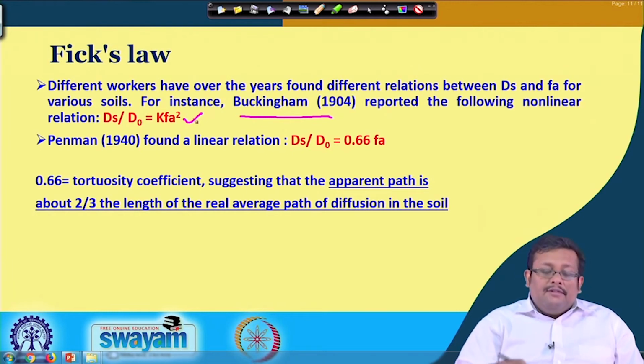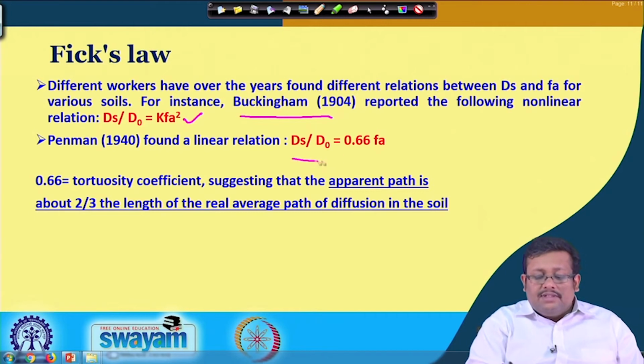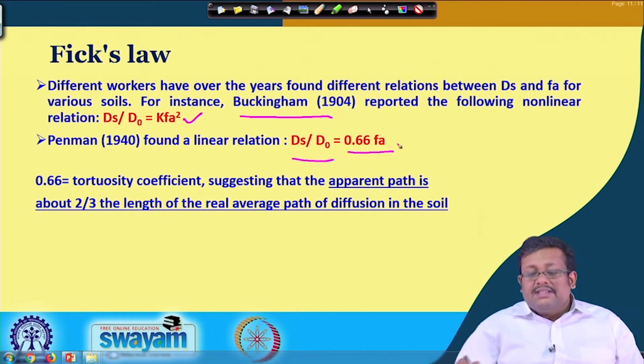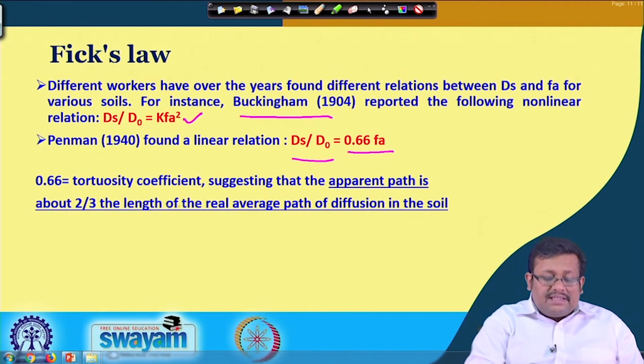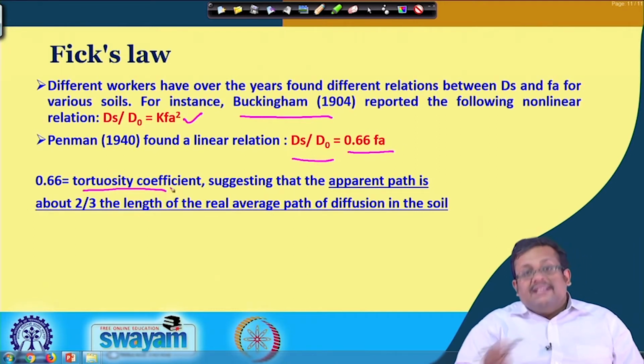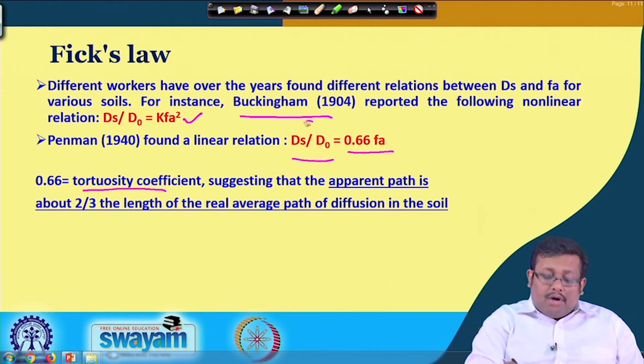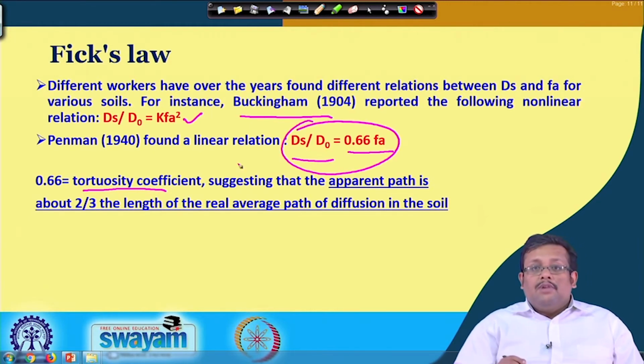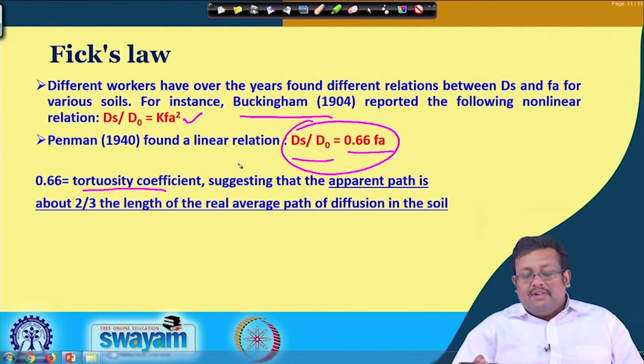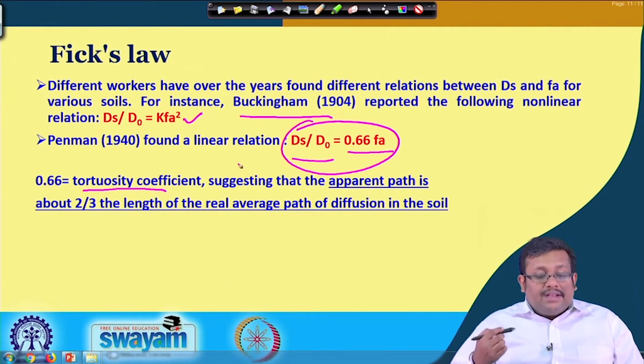So, Penman further modified and found a linear relation, that is ds over z0 equal to 0.66 Fa. That basically means this 0.66 is the tortuosity coefficient, suggesting that the apparent path is about 2/3 the length of the real average path of the diffusion in the soil. So, this is a very important formula. Please remember this formula, because this will be used for solving several problems in the next lecture or in the